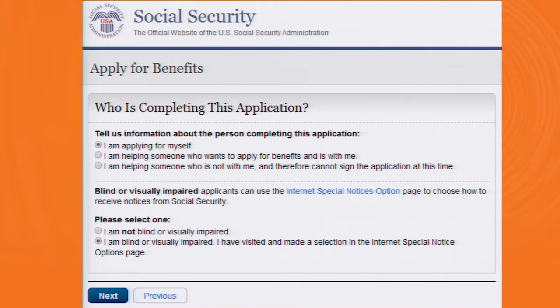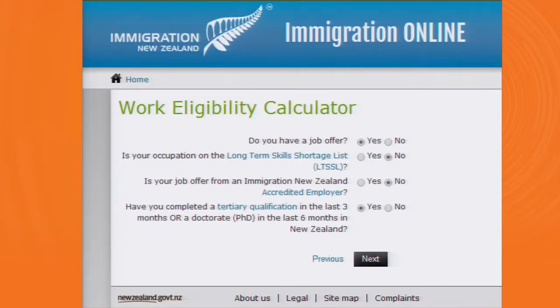Okay, another example of a government website that has to administer this complex body of regulations, Social Security Administration. They try and collect your data online. Somewhere behind this is some sort of code that is probably applying federal regulations and making determinations about you. Here's an example from New Zealand. If you want to get a visa to New Zealand, you fill out this wizard and it will compute your eligibility.